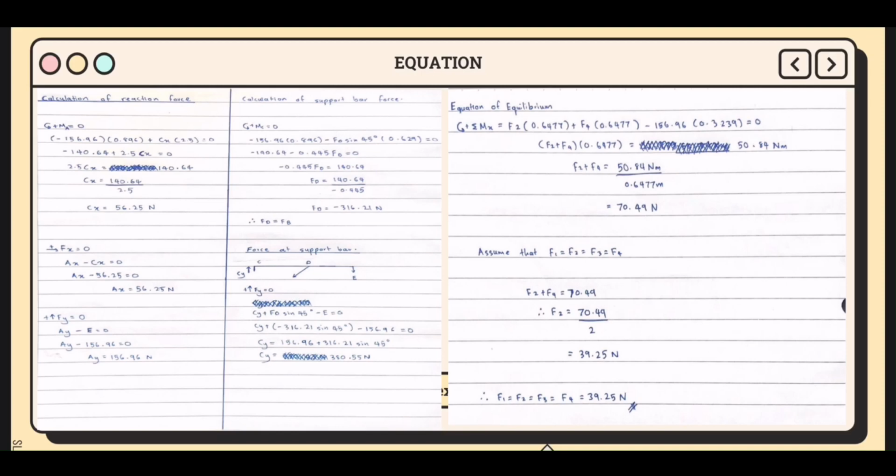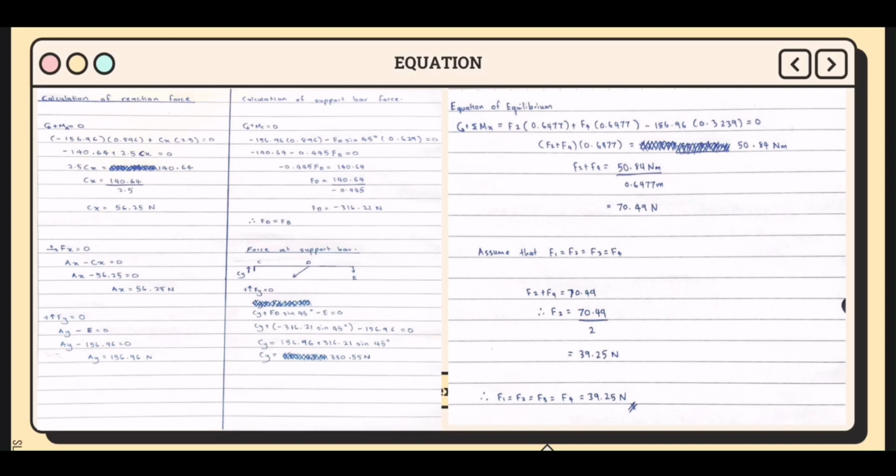Then we move 140.64 to the right, then we divide it by negative 0.445 and we will get the Fd value equal to negative